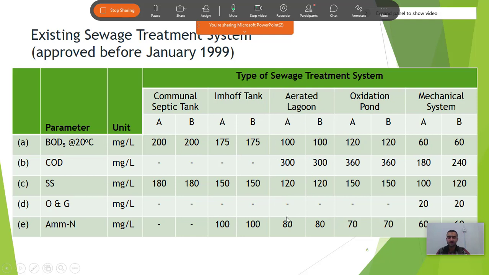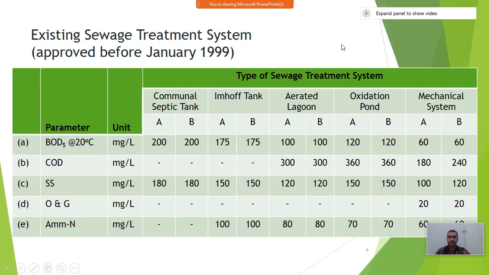So if following standard A, how much BOD should be reduced? It should be reduced to 100 after the aerated lagoon. If we use an oxidation pond, the BOD has to be 120, and so on. So these are the standards for each unit or for some units inside the wastewater treatment plant. We may not be able to go into detail for each unit now, because each unit has to take one class by itself, but